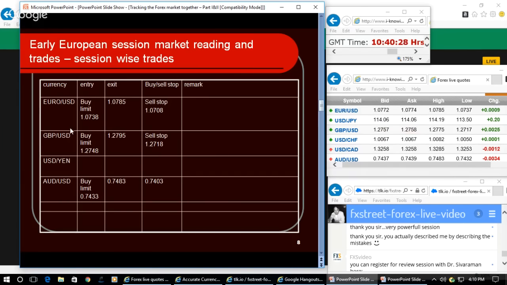So whether I take it at 1.0738 or 1.0740 is immaterial. 48 or 50 is immaterial. But I need to show that the trend that I have seen is true and has made a profit. And that is what I am trying to establish here, so that when I am giving it on Mondays free of cost, the Asian session live market analysis, the session-wise forecast, you make use of it and try to learn the technique of identifying the type of moves and try to earn money from the market.